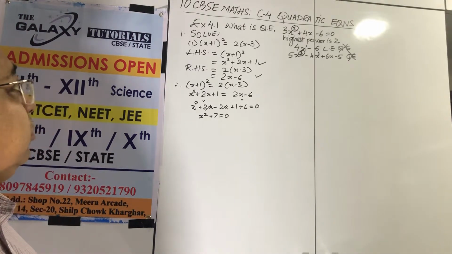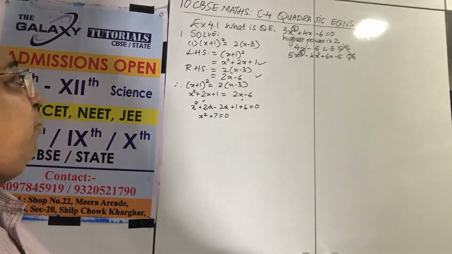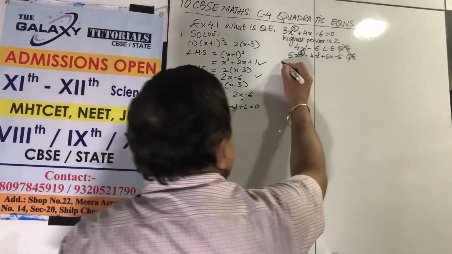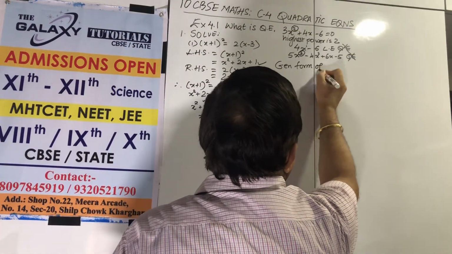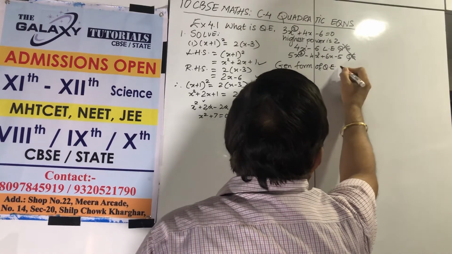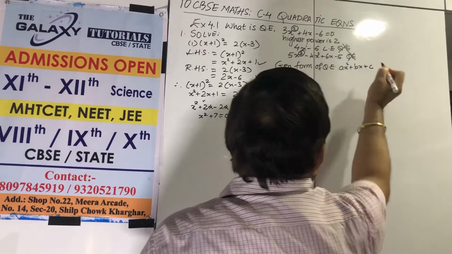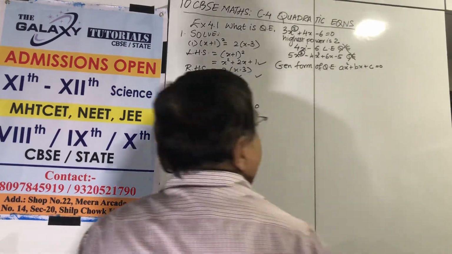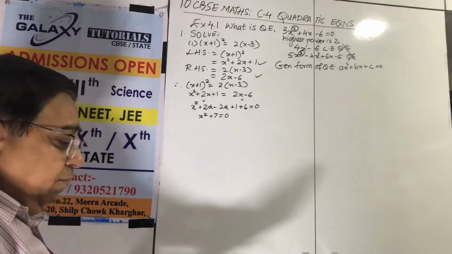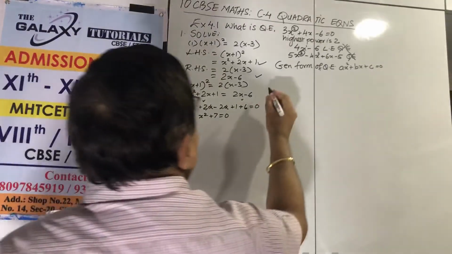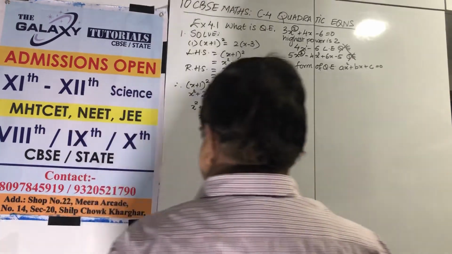So, second, we'll go to sum number 2. Now, highest power is 2. My friends, the general form of a quadratic equation is ax square plus bx plus c equal to 0, which of course I'll write as an equation. Okay, so second sum we will see. Sum number 2: x square